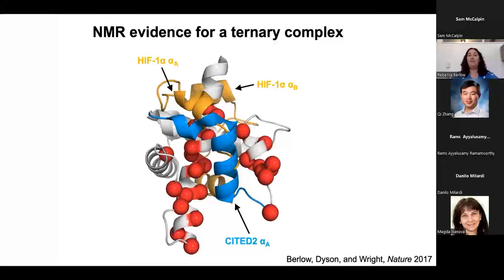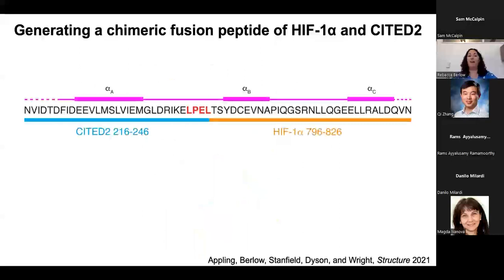So this was really structurally quite informative, and we were able to look at the structure of the N-terminal region of Cyted2 that was included in that truncation peptide. And we were also able to infer from the structures of HIF-1 alpha that perhaps we could form a peptide in a single polypeptide chain, so make a chimeric fusion peptide that included regions of HIF-1 alpha and regions of Cyted2 that would be occupying non-overlapping binding sites on TAZ1, and that perhaps this might allow us to model the ternary complex.